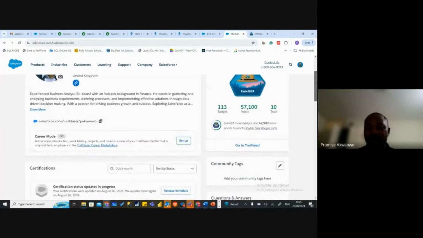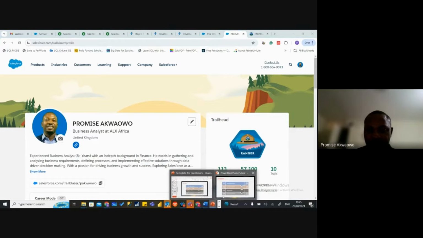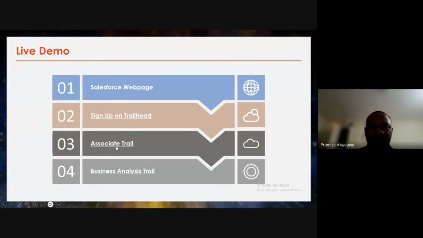We are all in the journey of growth, and it's going to be interesting that after today, we have a few professionals that have chosen to learn Trailhead and learn about the Salesforce ecosystem as an added technical skill, to keep on learning and have that level of growth. So now that we know about Trailhead and how it works,